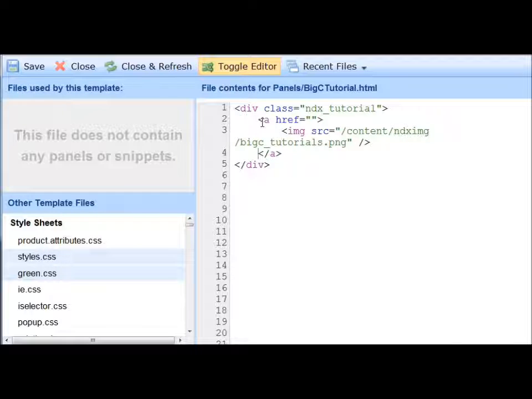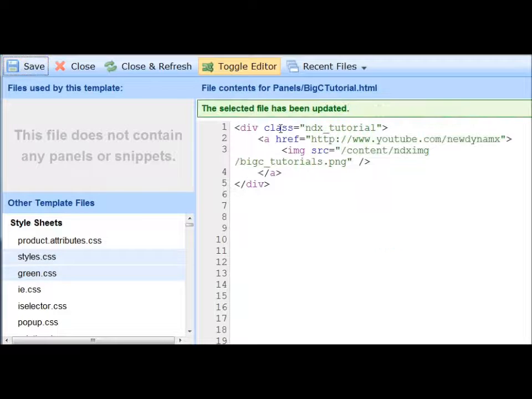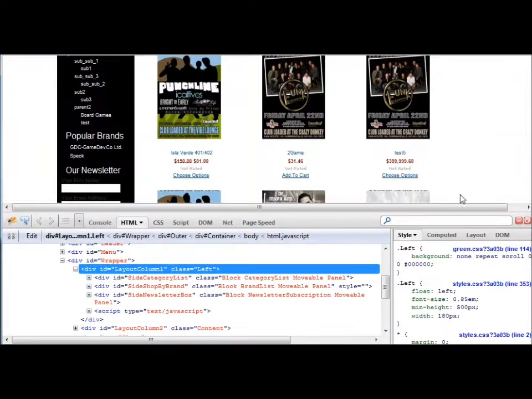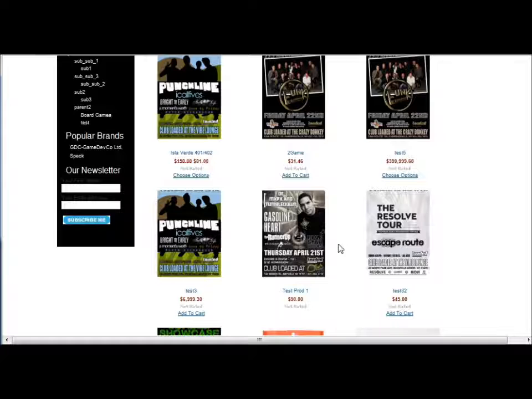So I have my div, and in my div it contains an a tag, and in my a tag it contains my image. And in my reference I'm going to put the link to our tutorials. So this is looking good, so I'm going to save this, and let's go take a look at what this did to our store. So we'll close out of this, and we'll refresh our page,